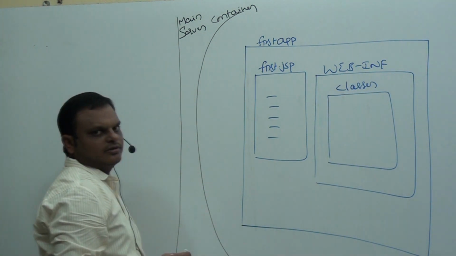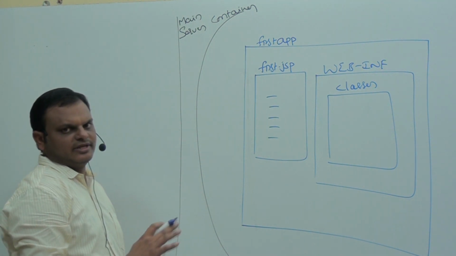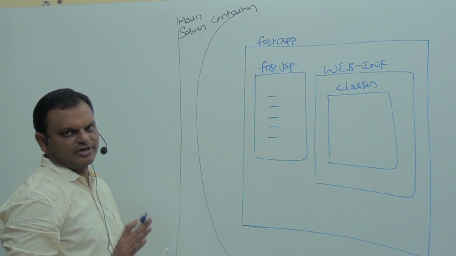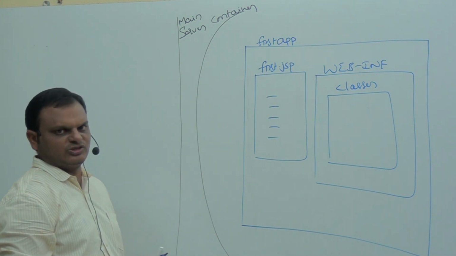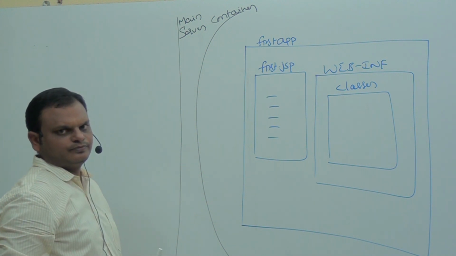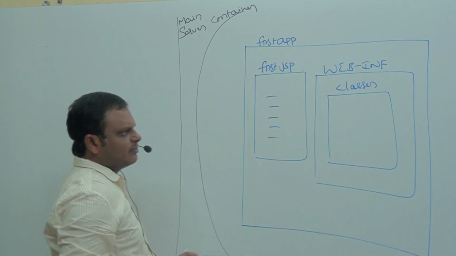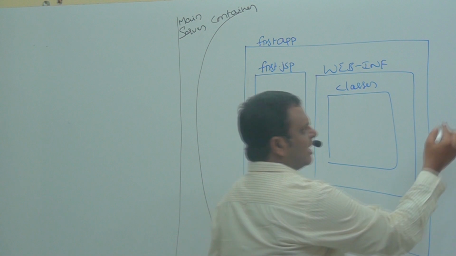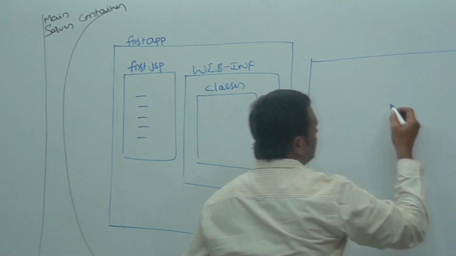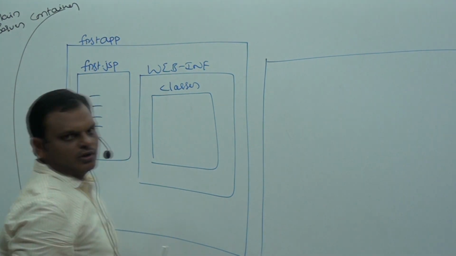In my application, I have only a JSP page available under the application folder. No servlet is available, no web.xml file is required. This is my application in my server. Along with this application, I want to utilize this area for processing, the operational area.